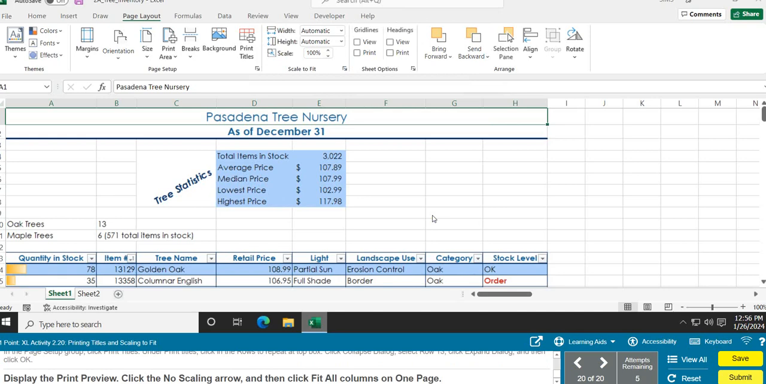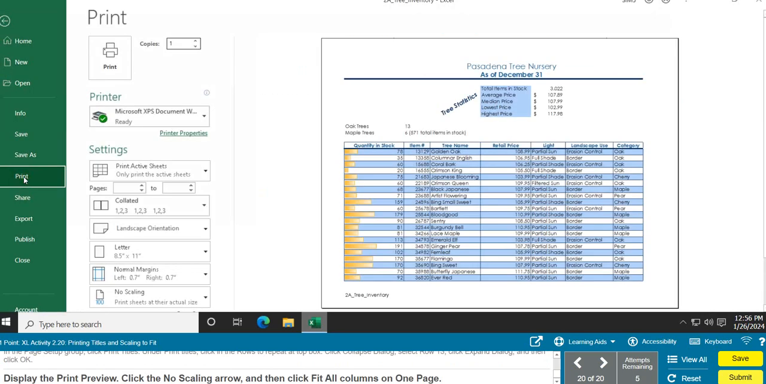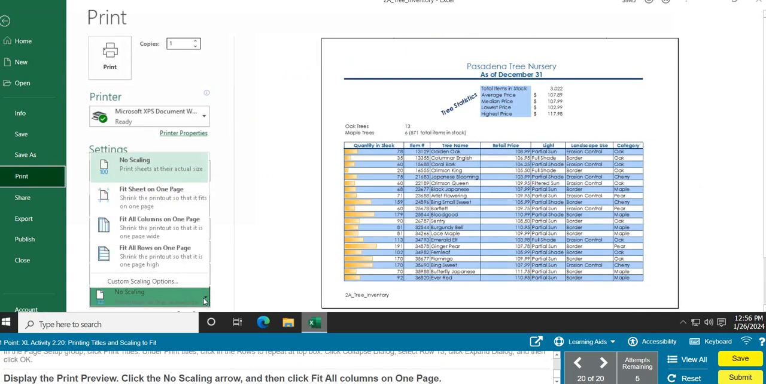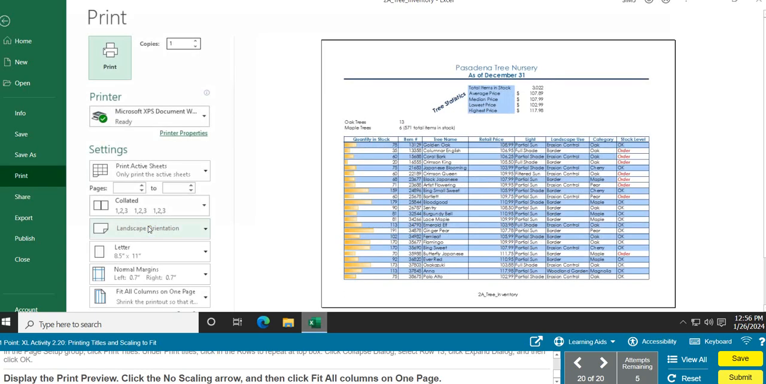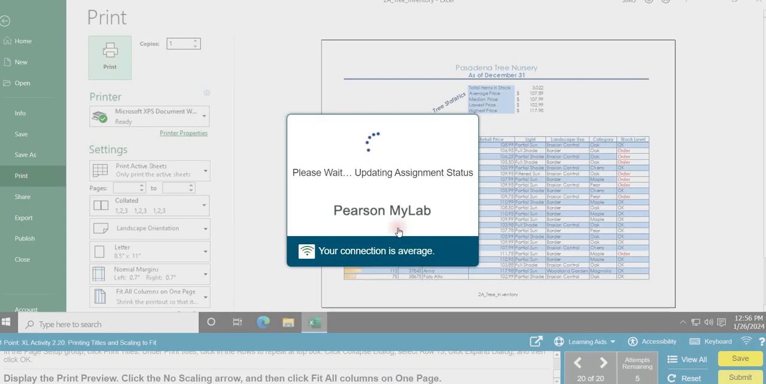Display the print preview. Click the No Scaling arrow. So let's go to good old File, Print. And there's your print preview. Let's go to No Scaling, which is here, and click Fit All Columns on One Page. Click there, and click OK to submit. So you finished